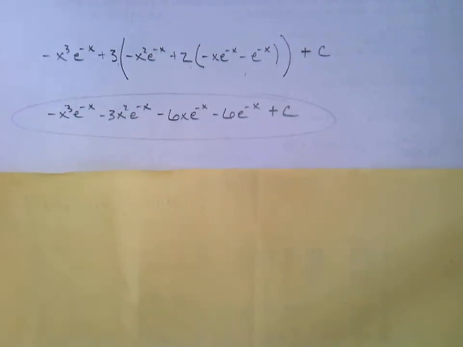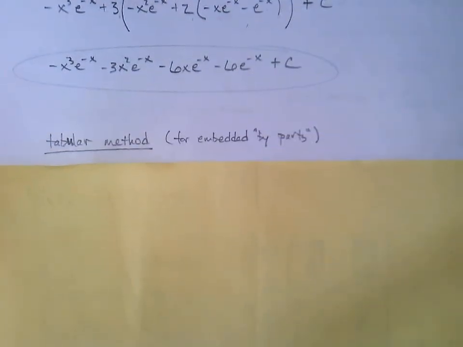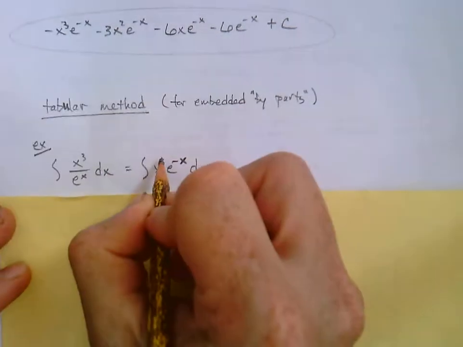So in the last video I said there's a faster way to do this previous problem. Let's see it. It's called the tabular method. And sometimes, in some cases, you can use this for what we call embedded integration by parts, or sometimes people simply refer to this method as by parts. How does this work? Okay, well, it involves a table. All right. So if we look at that last example,